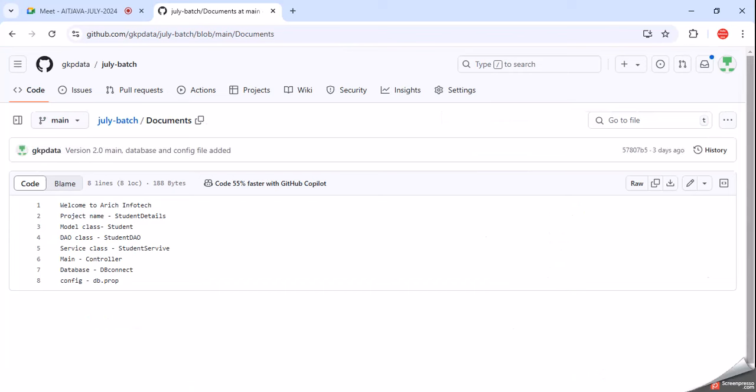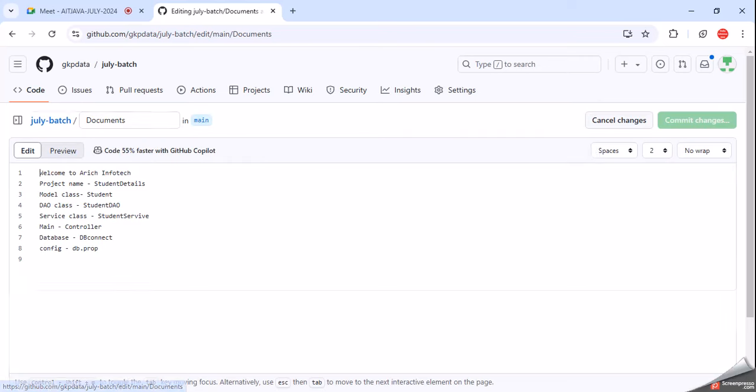Okay, so this is your document file. Here you will get an edit button, click here. Here we can add anything, like suppose we want to work on Oracle. Sorry,